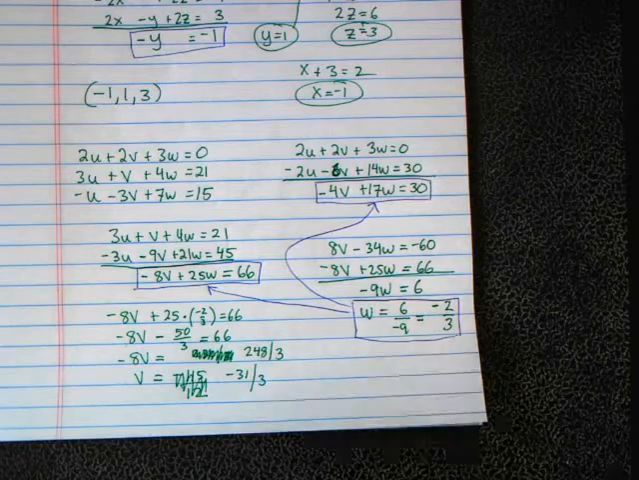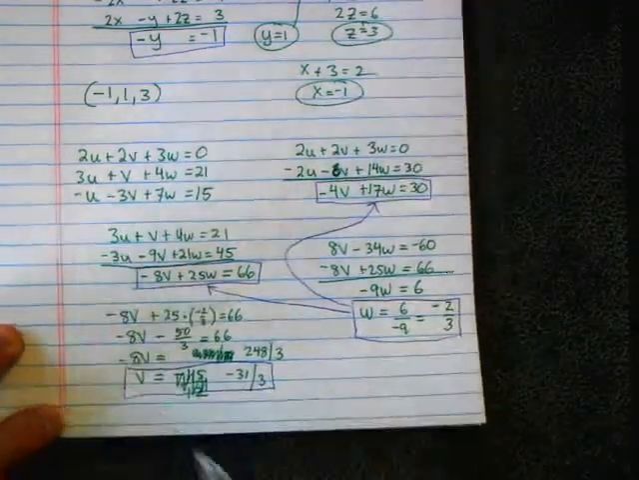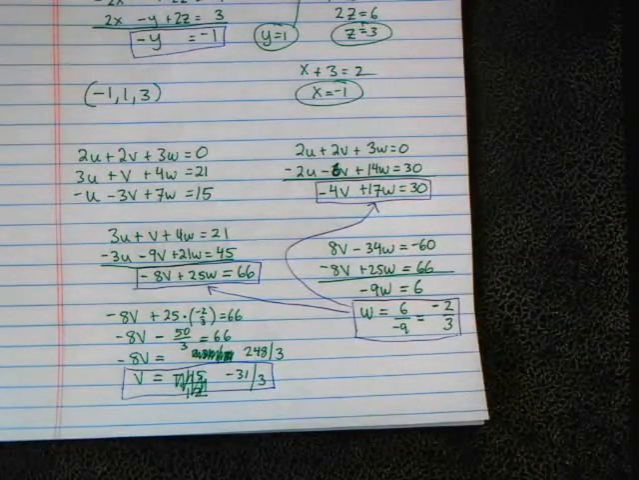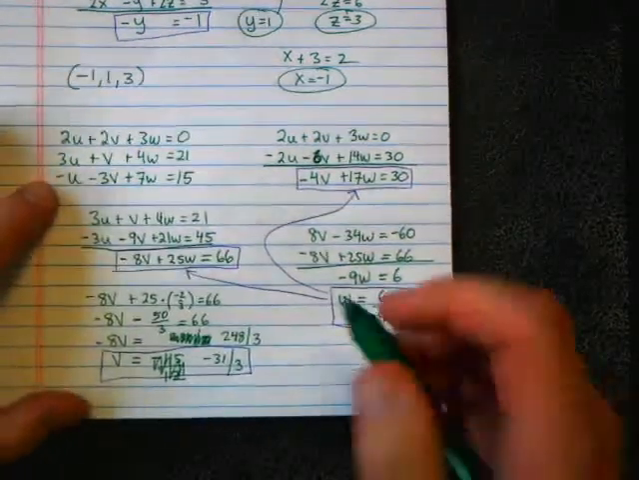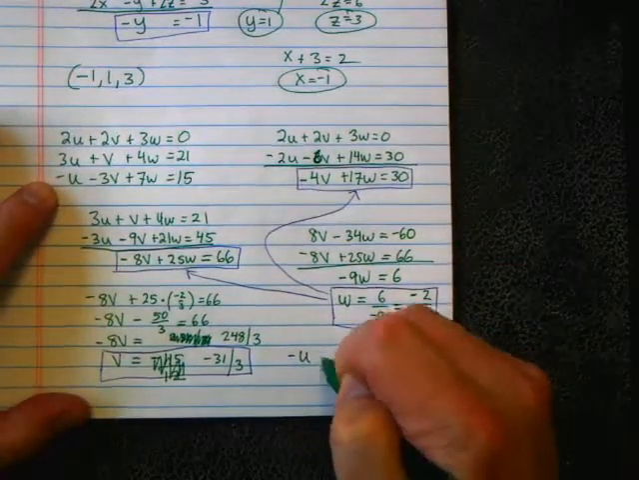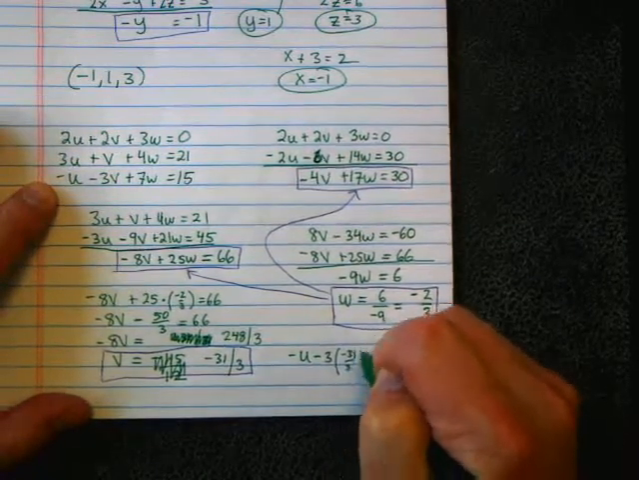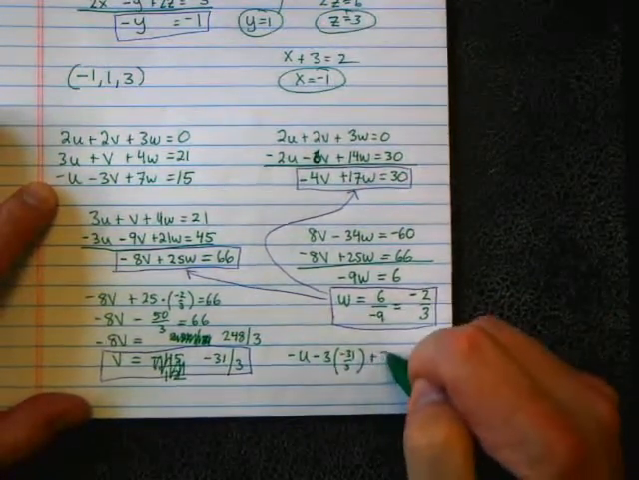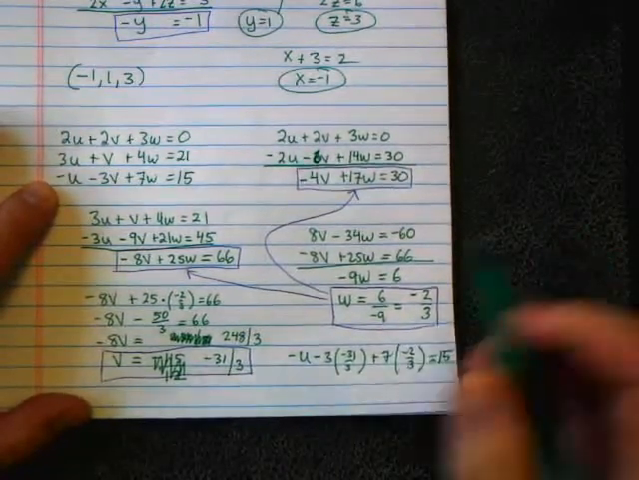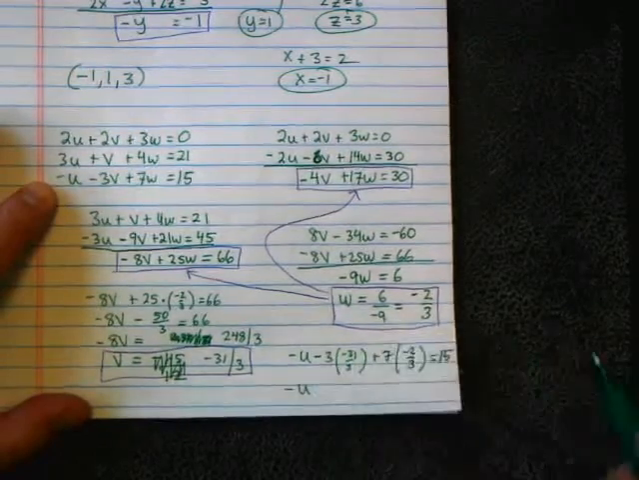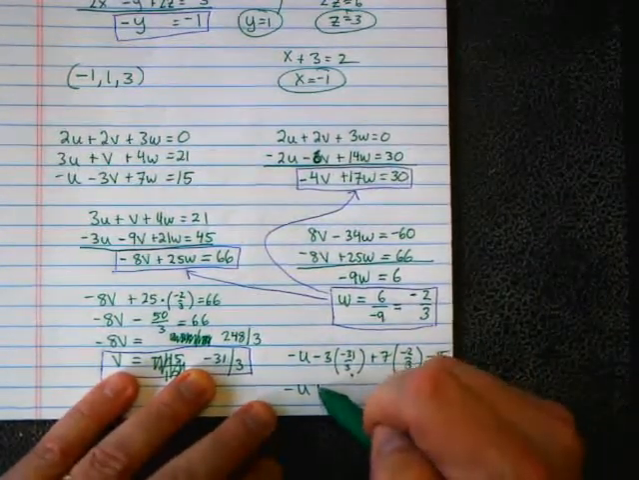All right, last thing to do. Plug those two into one of the three. It doesn't matter which one. You like the bottom one? One of the original three? You're picking the bottom one. All right, so we're going to have minus u minus 3 times negative 31 over 3 plus 7 times negative 2/3 equals 15. So that's negative u. This one's not so bad because that 3 cancels with that 3. So that leaves us with a plus 31